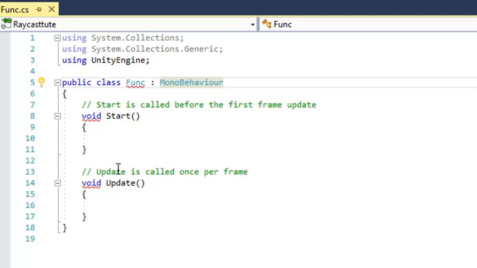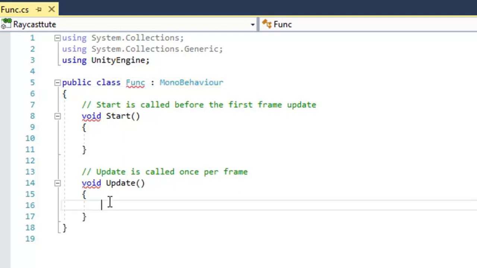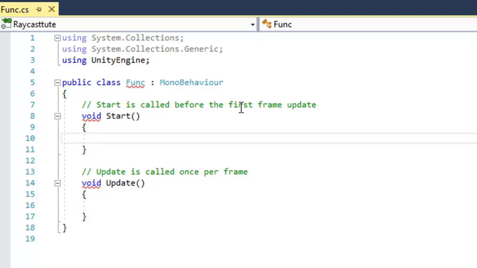Now the Update function. Here you can see that Update is called once per frame. It means if our system is 60 fps, which means 60 frames per second, this Update function will be called 60 times in 1 second. So we can understand it. Suppose here I am writing a message.